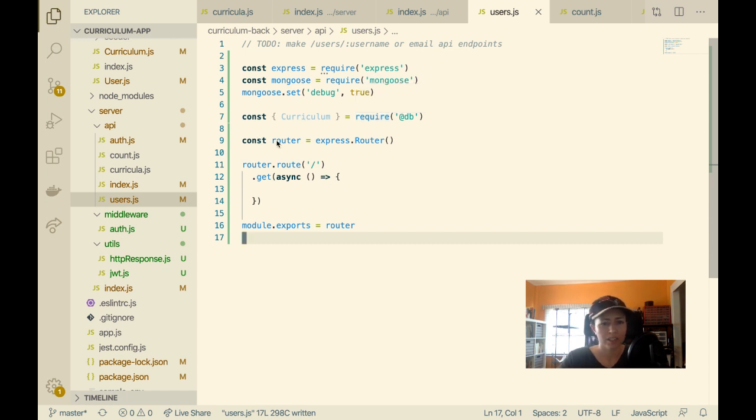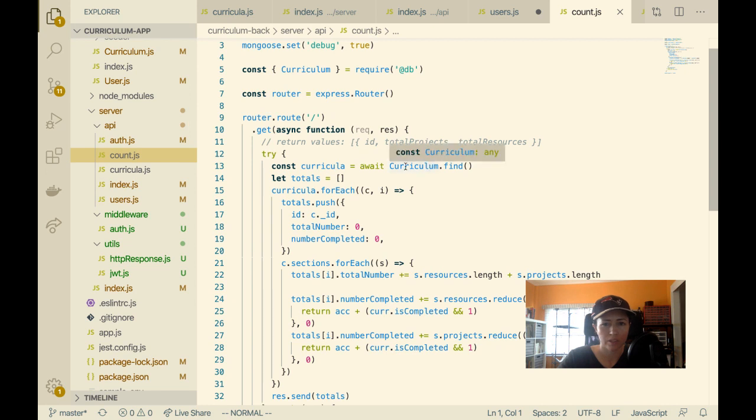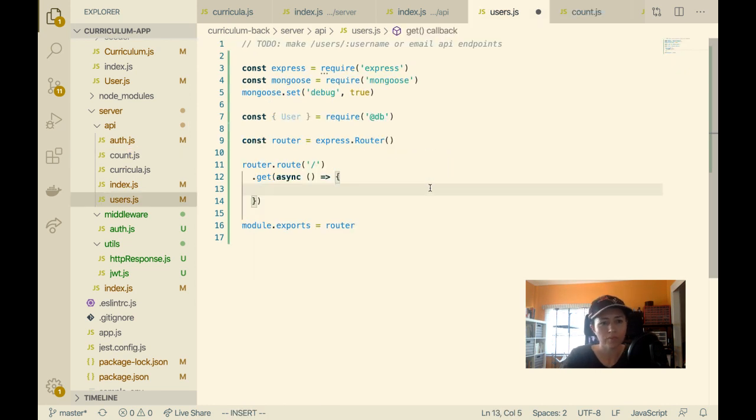So you have to be authenticated to get users. Eventually you won't be able to get all users, but we can just use this as an example. So, okay, first of all, here I just want the user object from Mongo. Everything else is okay. And so I'm just going to broadly return all users here. So await user.find, that's what I need. So here I'll do const users